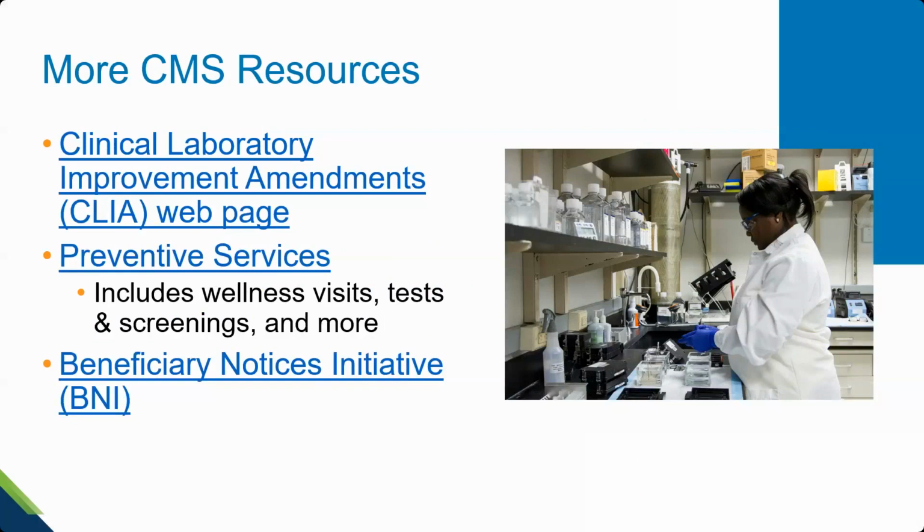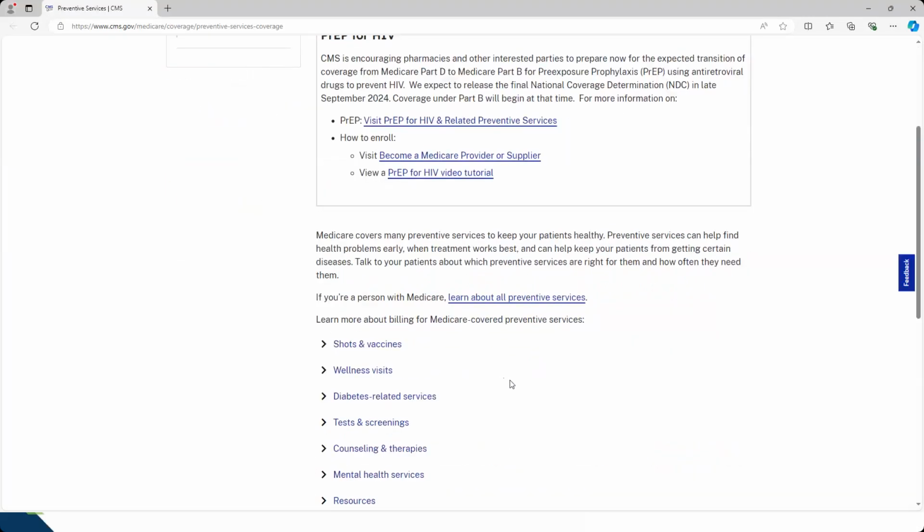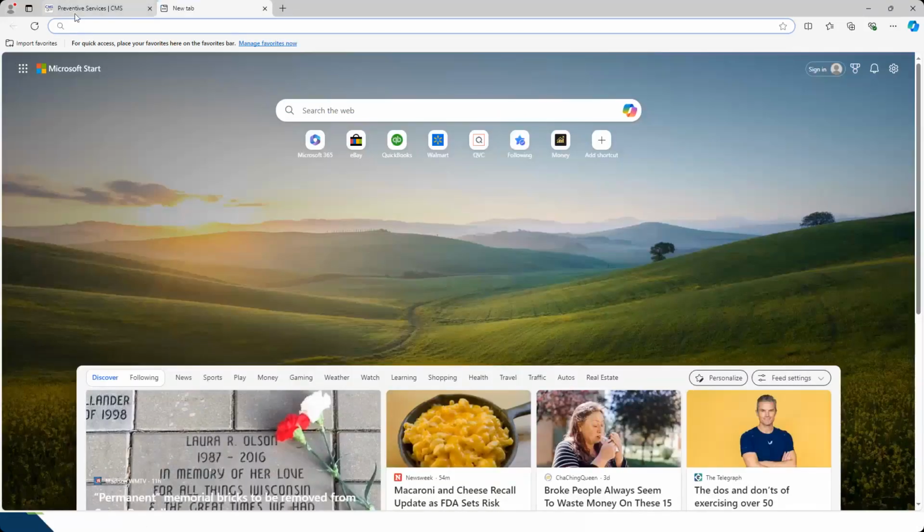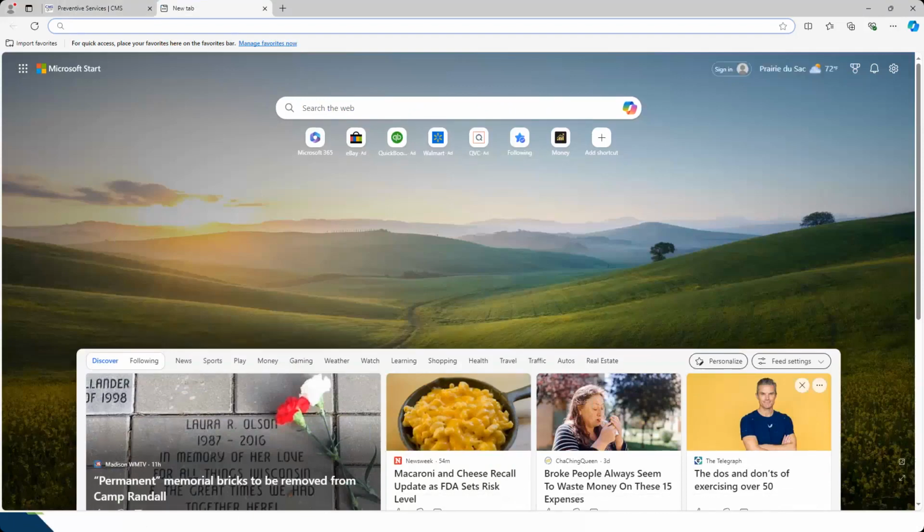If you click on PAP screen, it brings up information specific to PAP screen, and it provides you with some great tips and tools. So I highly recommend you take a look at that. I'll just go there. I know I'm running just a little over. This is what I was talking about there, those preventive services. This is the website. There's actually an interactive list of the services that you can take a look at back here.